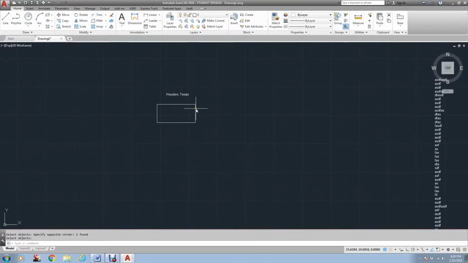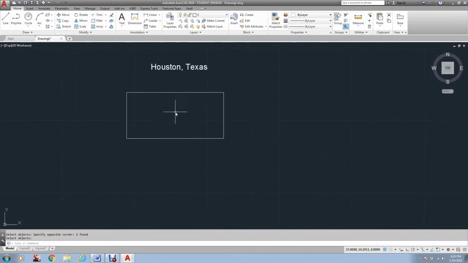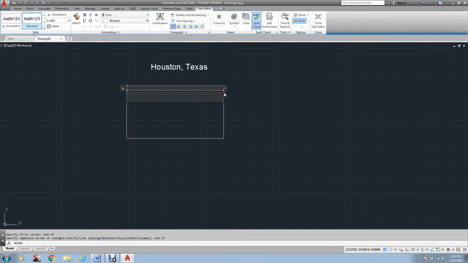But one of the things I wanted to point out is I have some assignments where a student has to put text in a rectangle, and they're not sure of how to center it correctly. And by using MText, it does it for you. If I come up here to MText, and I want my rectangle to be the corner of this box, using my O snaps to here, then I just go up to my justification and type in middle center, and I can sit here and type